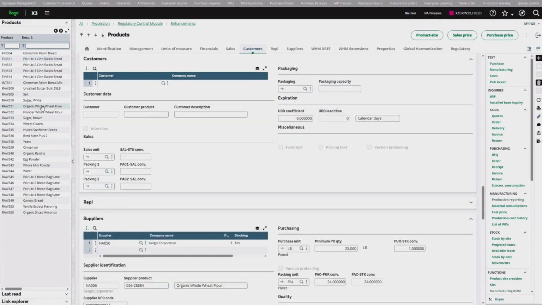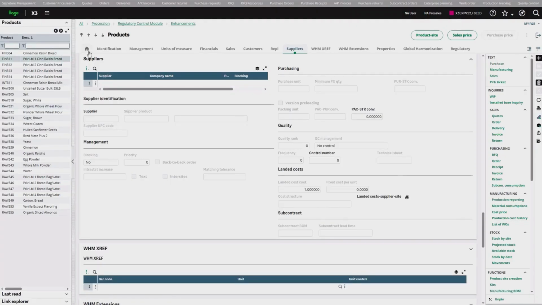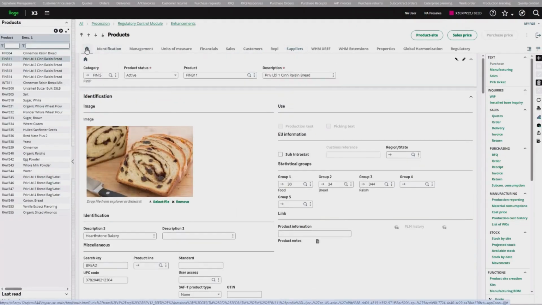For purchase products, supplier-specific settings define selection priority, preferred purchase units, quality requirements, and cost structures used in landed cost calculations. These are just a few of the many tools that make the Product Master a reliable single source of truth